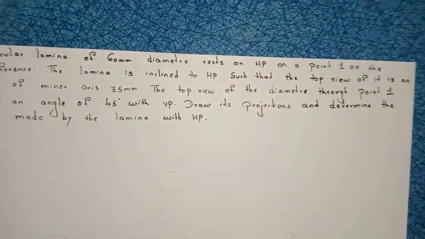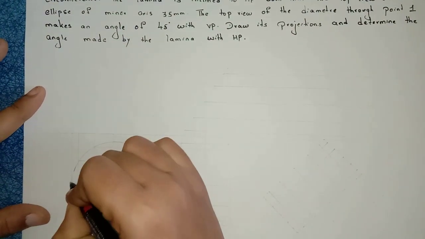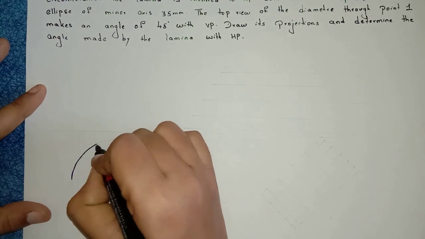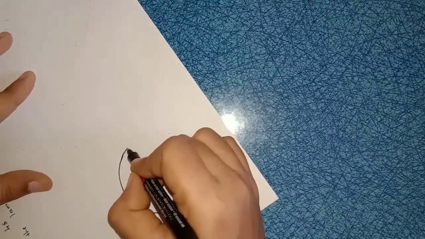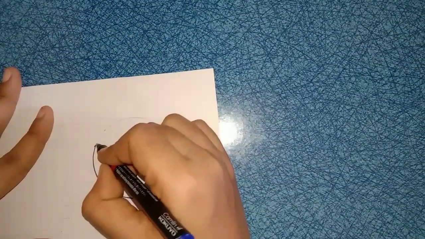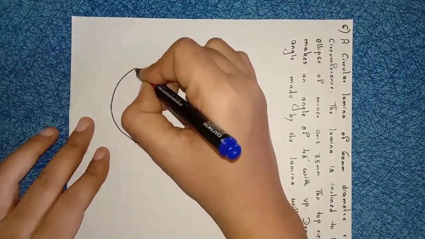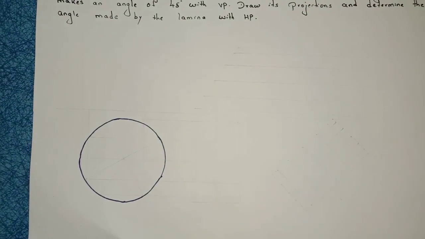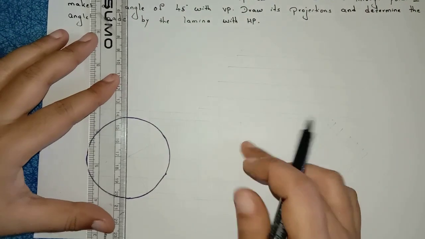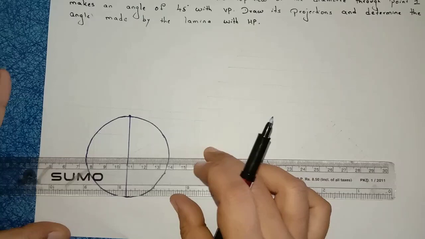So, with diameter 60 mm, construct the circle. See, anyway I have constructed here. I am doing it dark here. If diameter is 60, you have to construct the circle with radius 30 mm. So first construct the circle. Now divide this circle into 12 equal parts. So you know how to divide a circle into 12 equal parts.